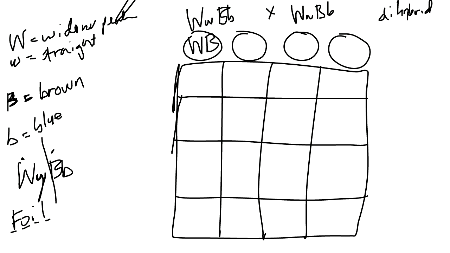Then we're going to take the outer, so this would be capital W, and the inner here would be little b. Then we're going to take the inner, so that would be little w and B. And then we're going to take the last two for each, so that would be little w and little b. And essentially what you've done with this foiling method is you've figured out all possible ways you can combine these together. Okay, so because both parents have the same genotype, right, we're going to do the same thing for this parent.